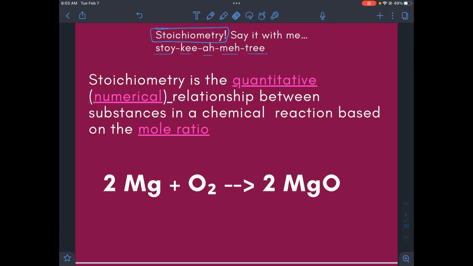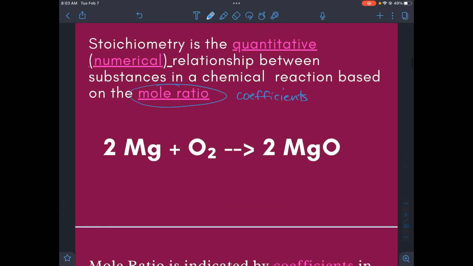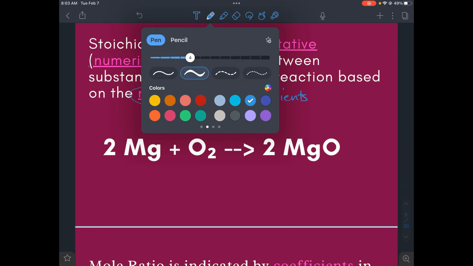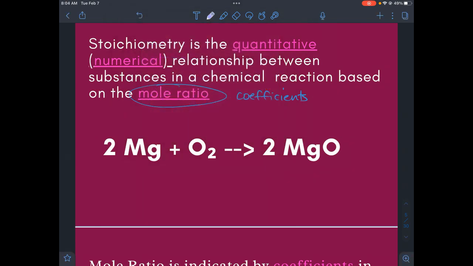a chemical reaction. And it's all based on the mole ratio. So basically, it's like understanding a chemical recipe. The mole ratio is the relationship between the coefficients that we have in a balanced equation. So we're going to look at this equation down here with magnesium and oxygen and begin to understand that recipe,